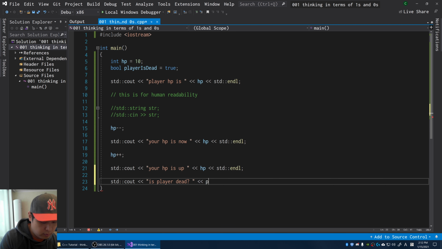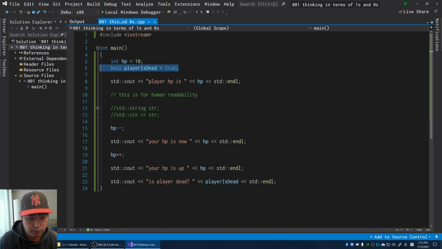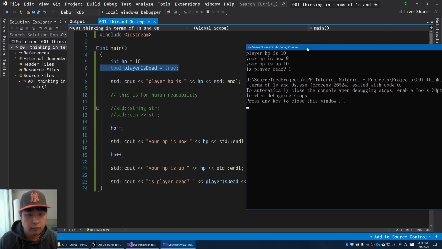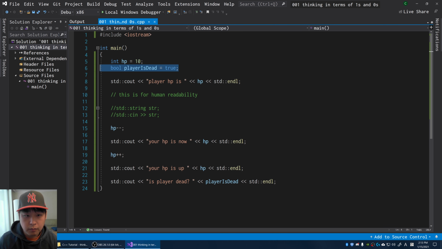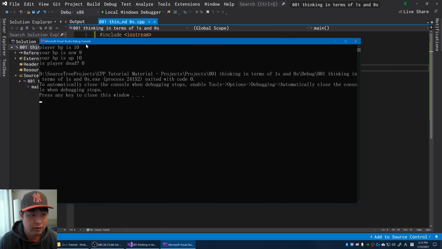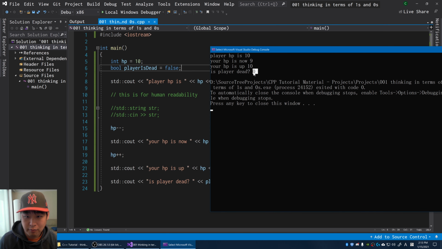I'm going to put in the variable player is dead. In our case, the variable is true. I'm going to press F5. Okay, is player dead? And it's true, it's 1. And if I change this to false, you can probably guess that you're going to get 0 instead of 1. So 1 is true, 0 is false.